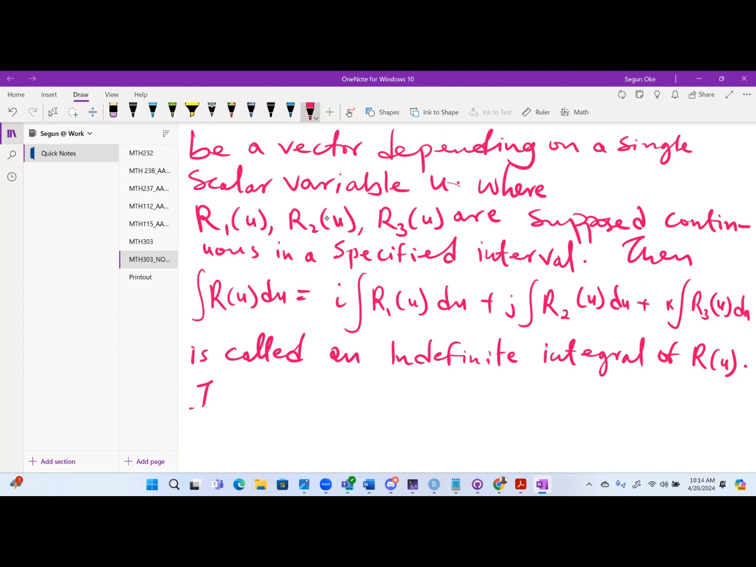Then they now said, if there exists, this is the symbol, there exists. Let me write it down. Anytime you see this, they're talking about there exists a vector S of u such that